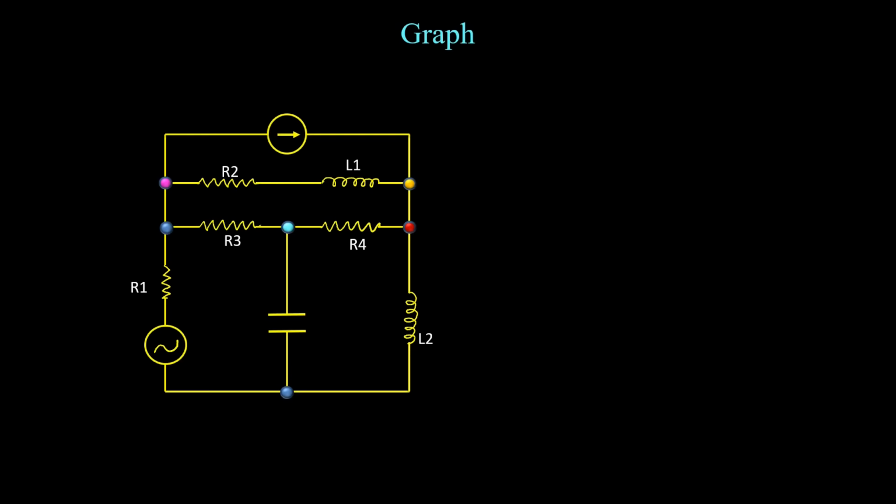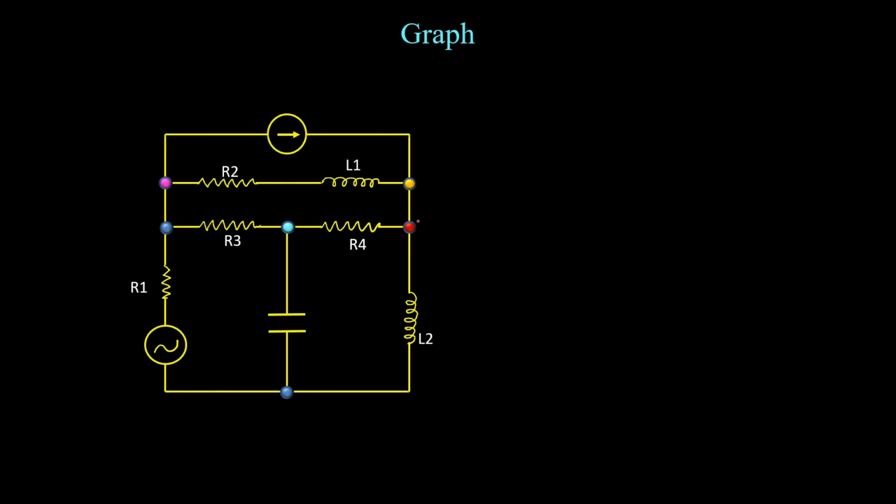Now, what are the points that we need to remember whenever we are representing a network into the graph? Basically, we will look for the geometrical structure and we are not interested in the elements present in the network. But still, we need to have a small observation whenever we are converting the network into the graph. That is, ideal voltage sources will be replaced by short circuit and the ideal current sources will be replaced by the open circuit whenever we convert the network into the graph.